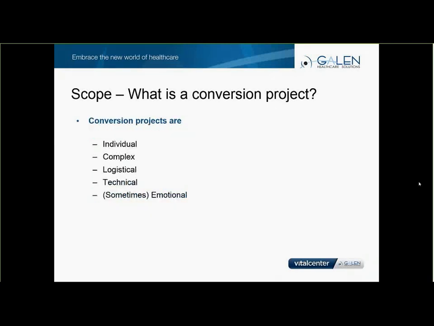So, some other ways to describe a conversion project. They're individual. Every one is slightly unique, even if they fall into a standard frame. They are complex. We're talking about a lot of very important patient-related data that has a lot of nuances. It's logistical, meaning that we have to consider things like performance, hard drive space,